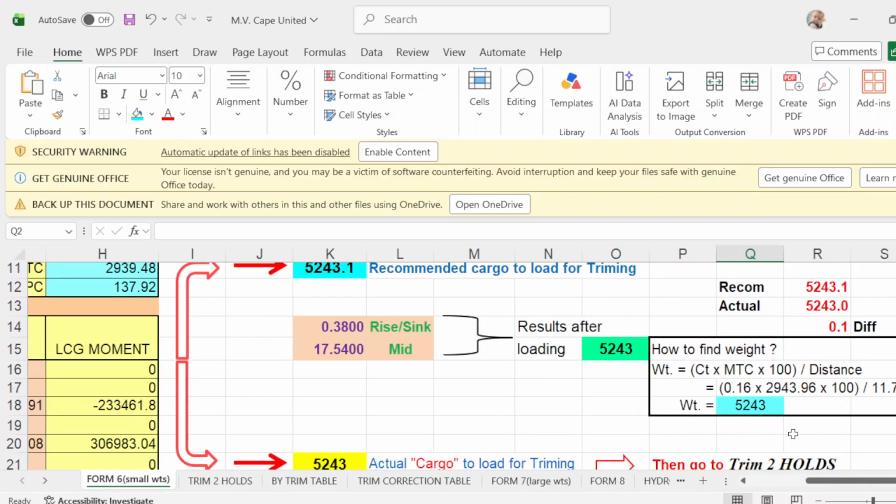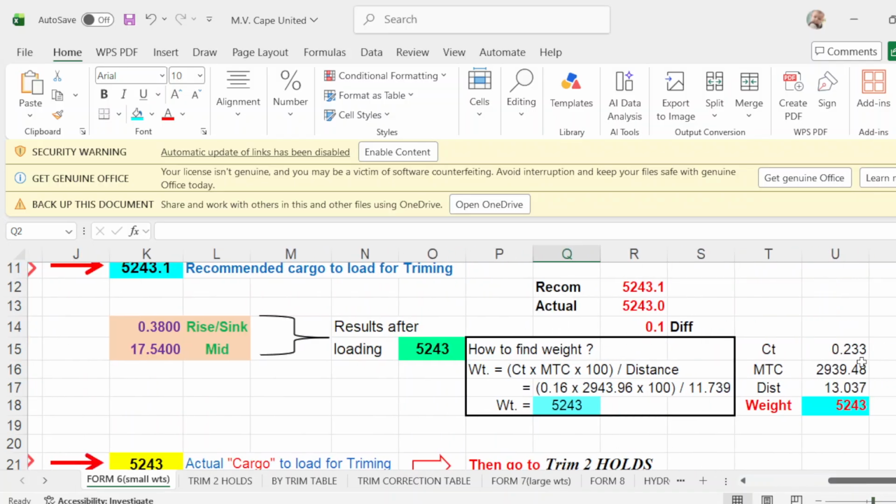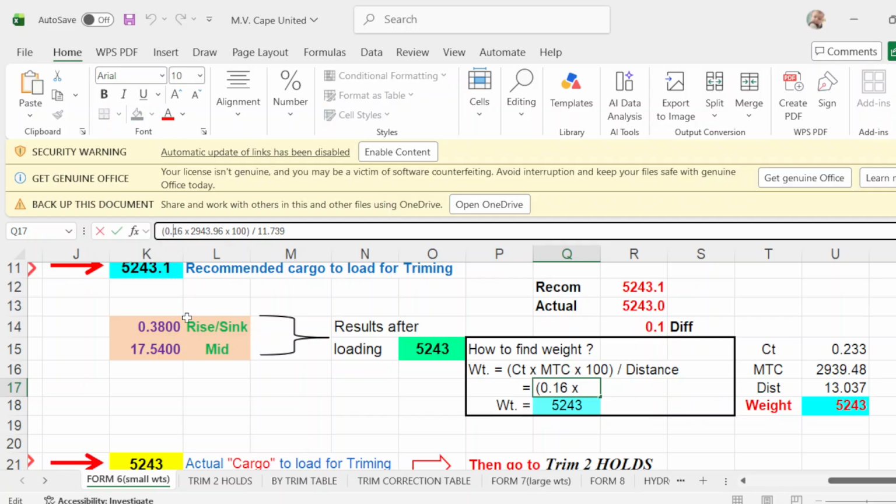Okay, and you have the same distance here by using this formula. So, double check. Change of trim is 233. Put this 233.